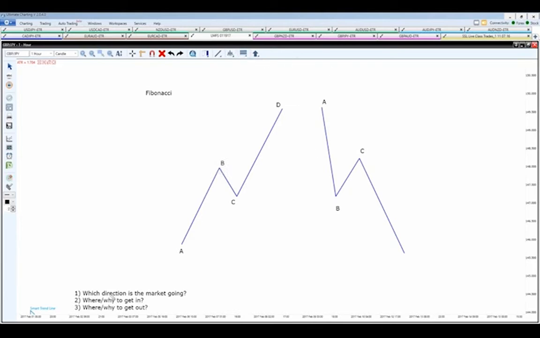I'm not going to go into a lot of detail today to explain what the Fibonacci tool is. It helps to measure these wave movements. So what we do is we extend that Fibonacci tool from the A to the B just like that. Now what you're going to need to know is that what we have found is that when we identify that A to B boundary, there's a high probability of a pullback or